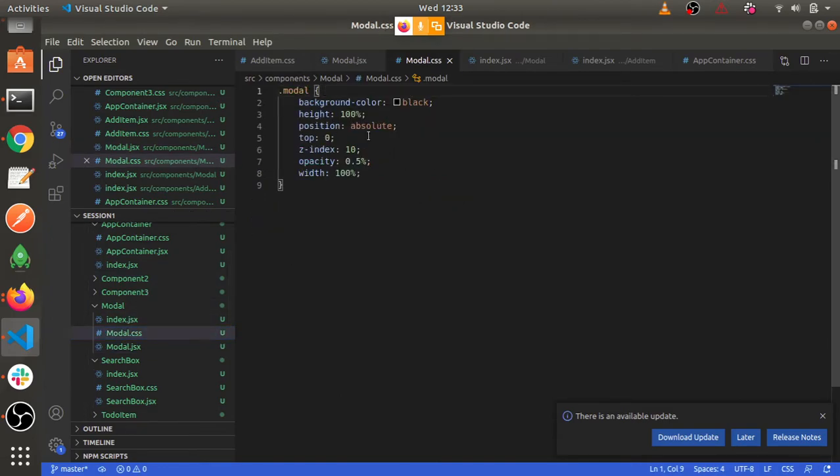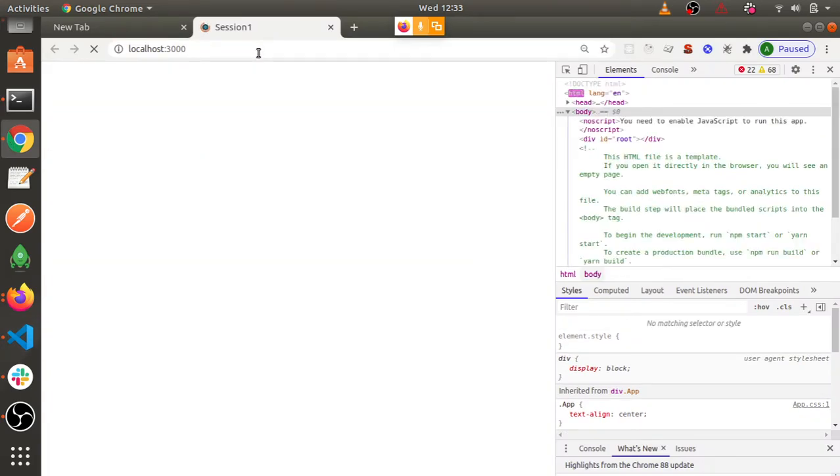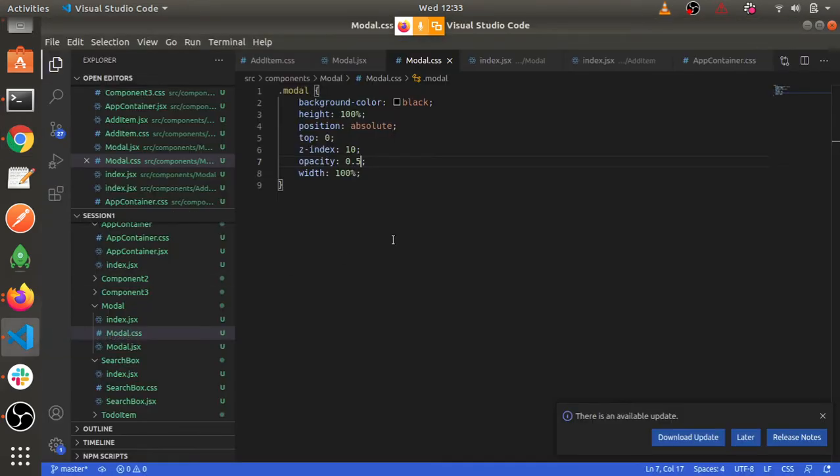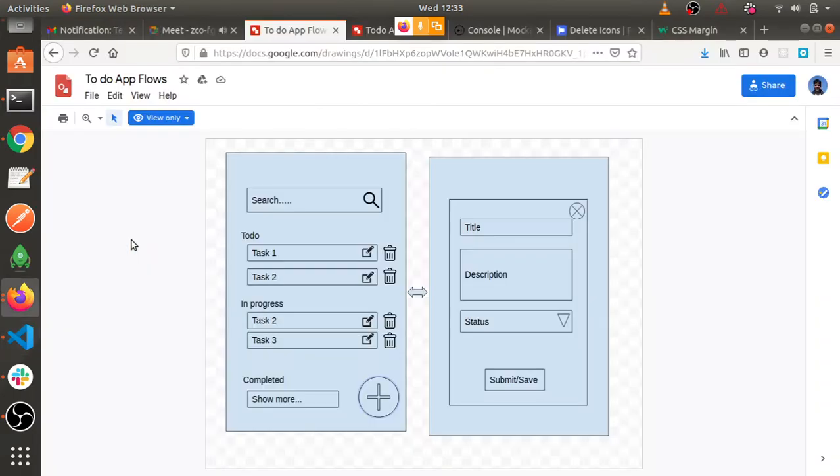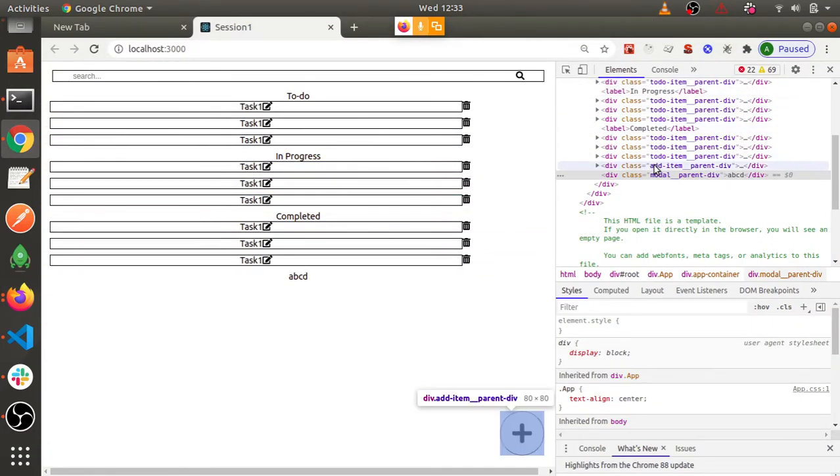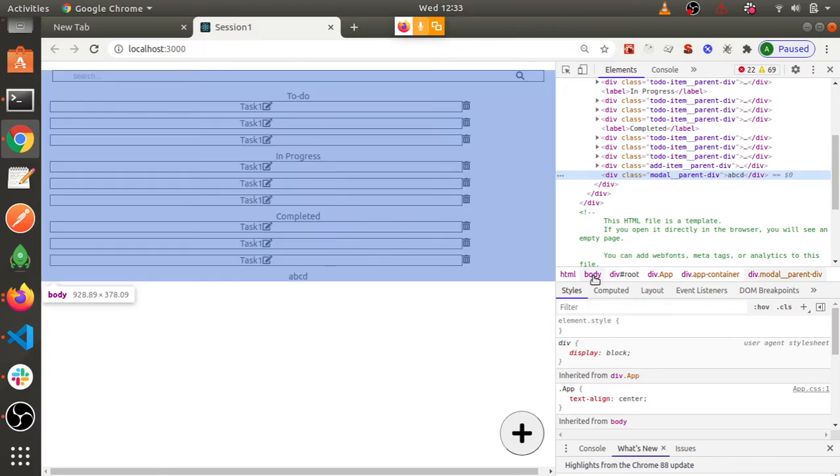Yeah, the 0.5% should not. Oh, 0.5%. Still there are a few more things which are not working. Yeah. Right. I have given it absolute, which is fine, black. This class is not getting applied basically. We'll see why it is happening. So such problems may come in your development. So these are common issues.